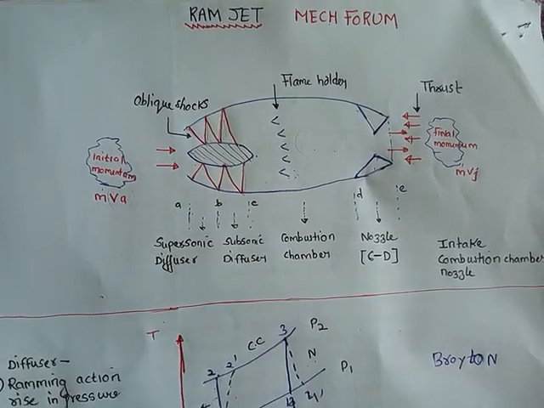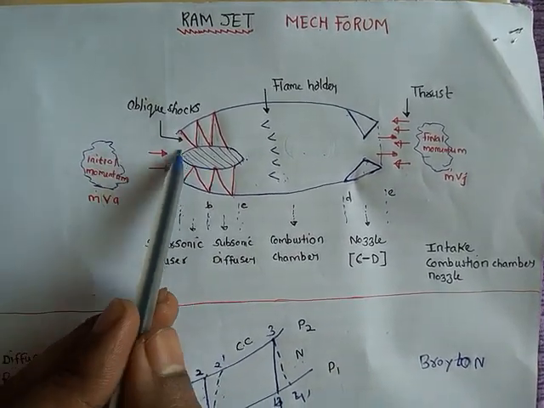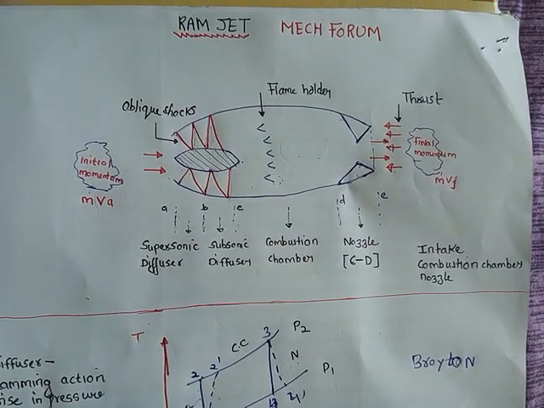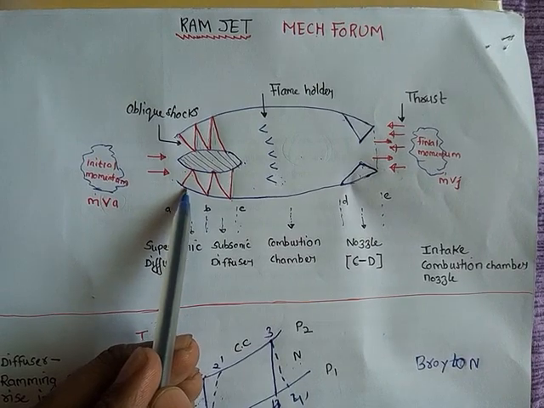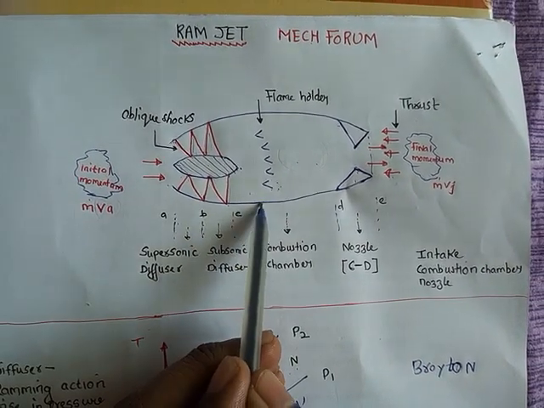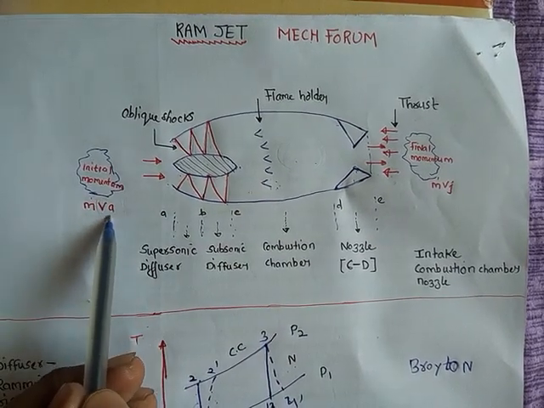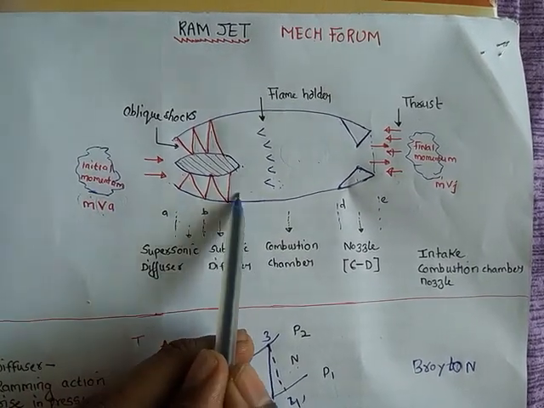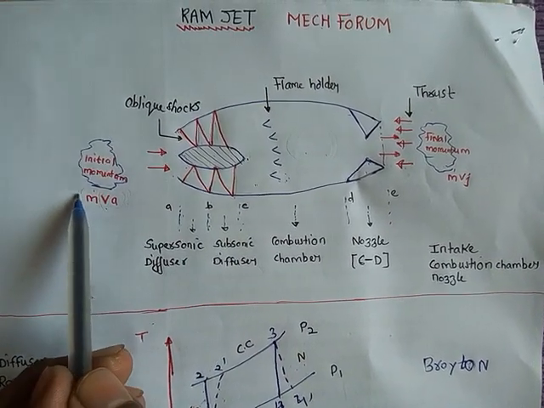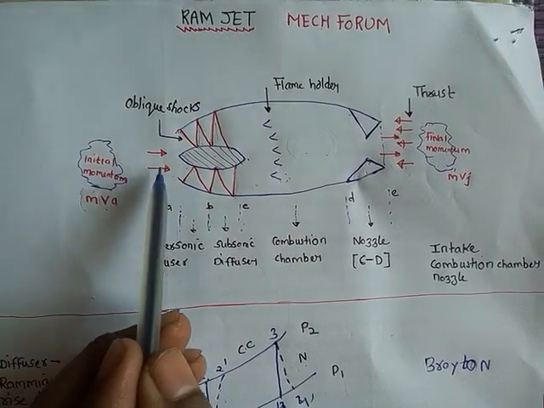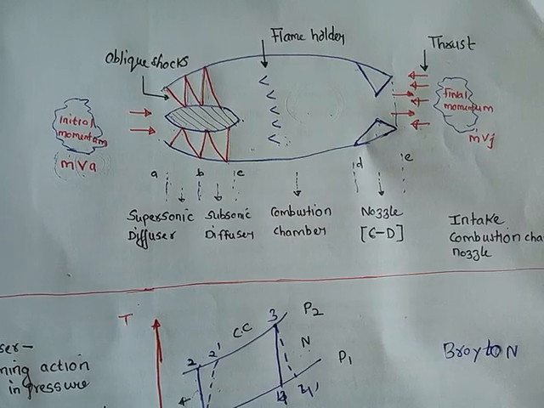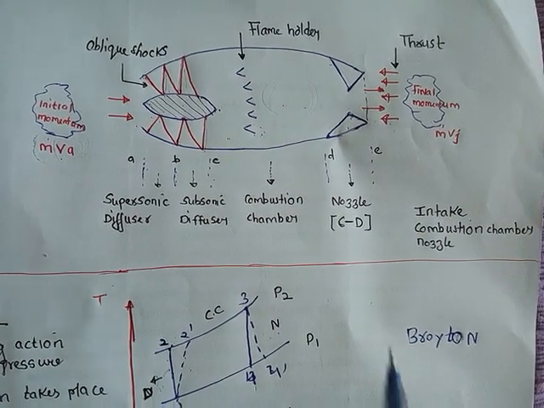Second is the flame holder, and at this part the jet will have an initial momentum or an initial ram drag, because as we have seen in the first lecture, this jet is flying at very high speed and it will receive the air from the atmosphere. This is an air breathing engine, the ramjet, so it will take the air from the atmosphere, and this is the momentum with which the air is entering into the diffuser section. So this will have a drag which is called the initial ram drag.